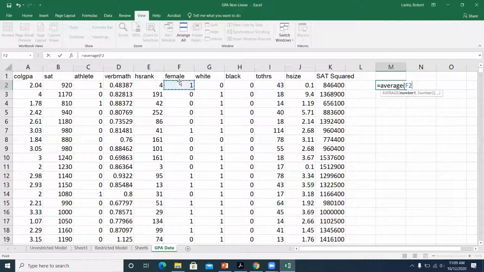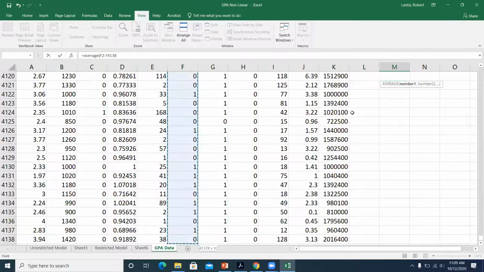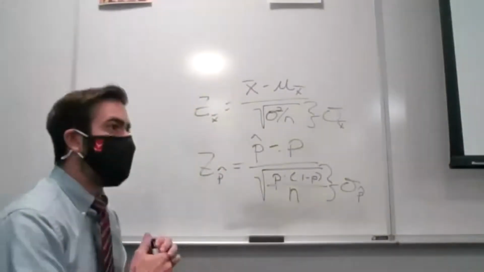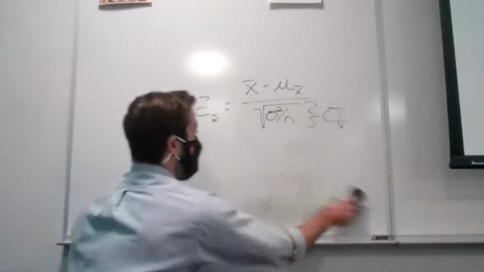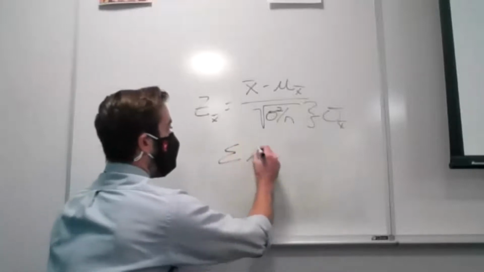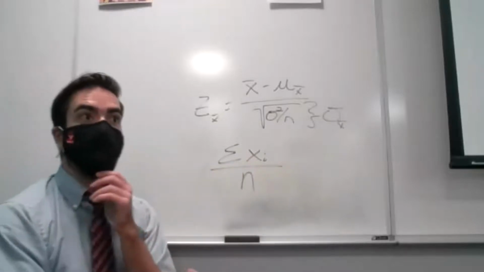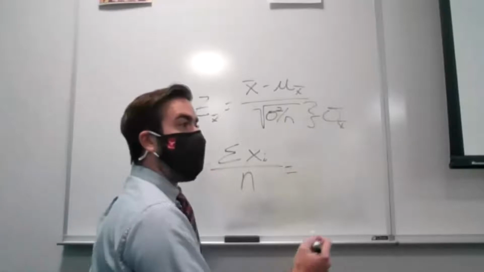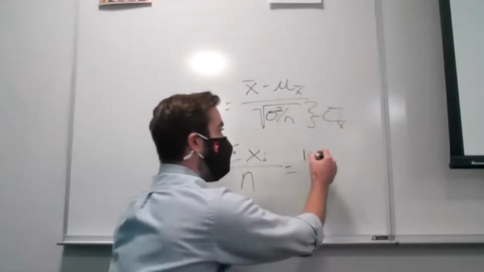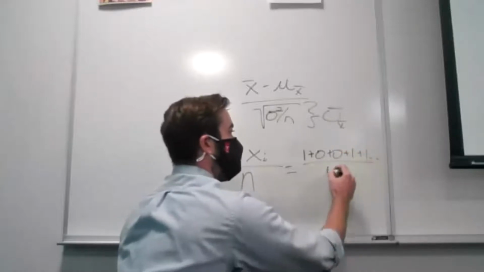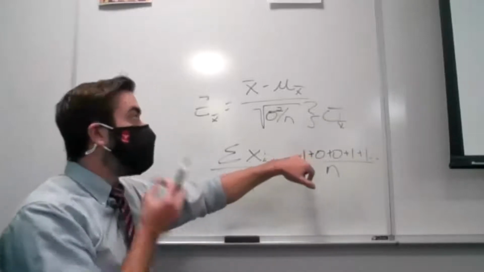Simply taking the average or finding the mean of this 1-0 variable. If I do that, I'm going to get 0.4496, or about 45% of this sample is female, right? And the reason why that works is because if I think about what I'm doing, when I'm taking the mean, remember the mean was just add up every single observation's value for x and divide by the number of observations I have. Well, for that 1-0 variable, every time I see a female, it'll be a 1, and then maybe the next 2 observations were male, the next 2 were female, so on and so forth. Well, all this numerator is going to do is count up, right?